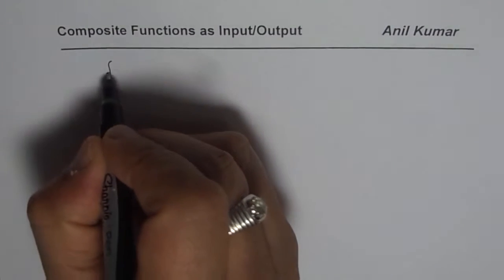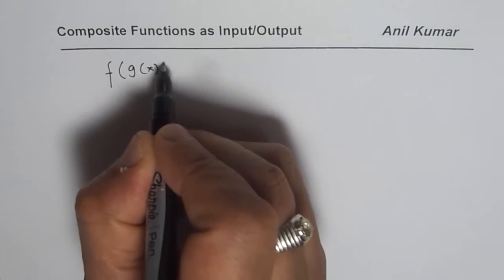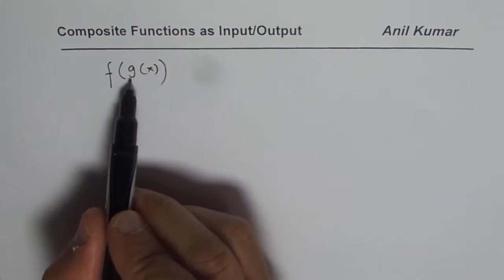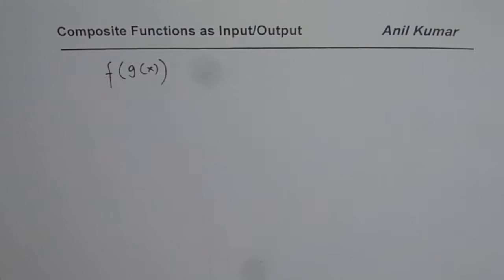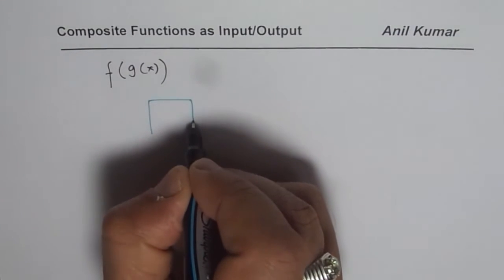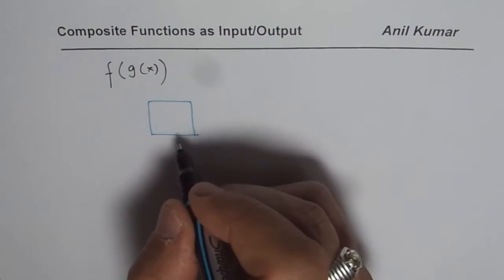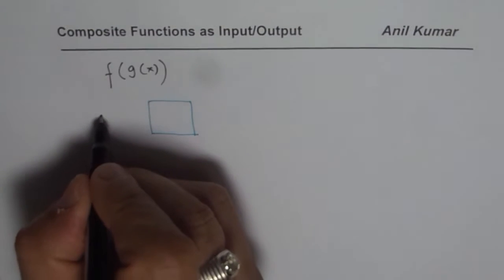Let us say we have a composite function f of g of x. That means f is composed with g to provide you with a composite function. And for simplicity, what I do here is that I say first the inputs will be processed by the function g, right? So these are the inputs for us,